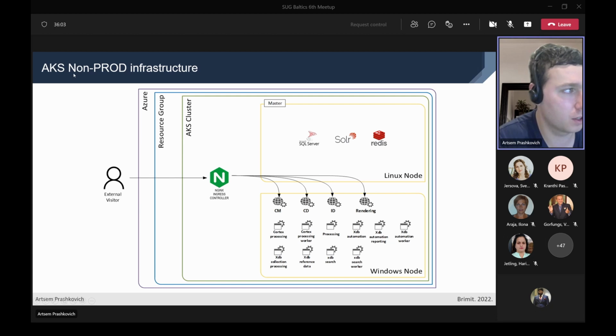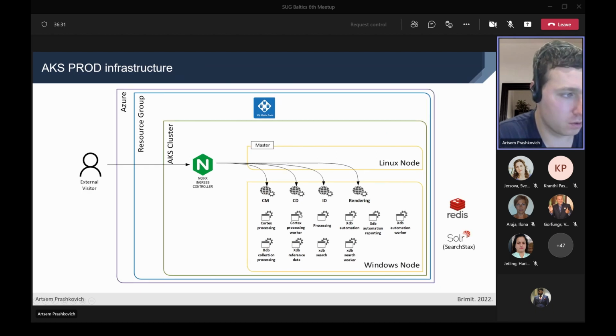Also, for non-production environments, we are running SQL Server and Solr and Redis, so we don't spend the resources in our main Sitecore node, which is Windows. We just use the resources available by default in the AKS cluster to run some extra stuff required for our non-production services,